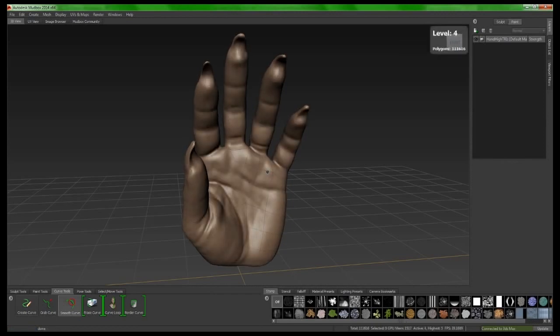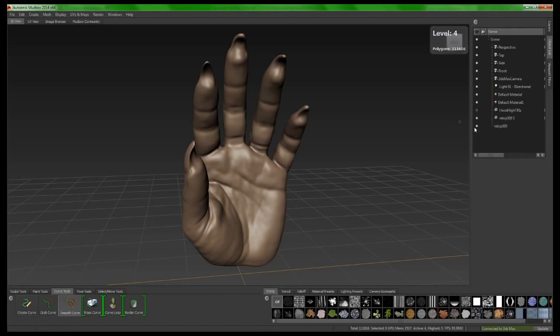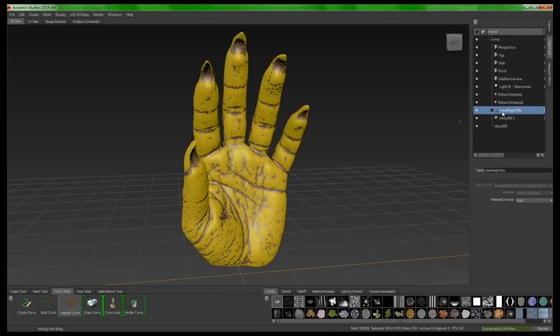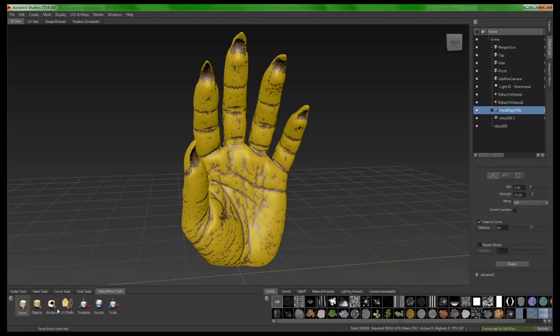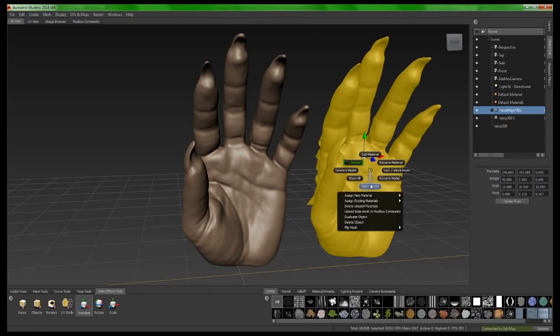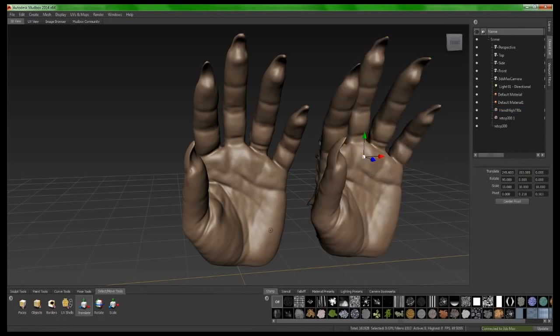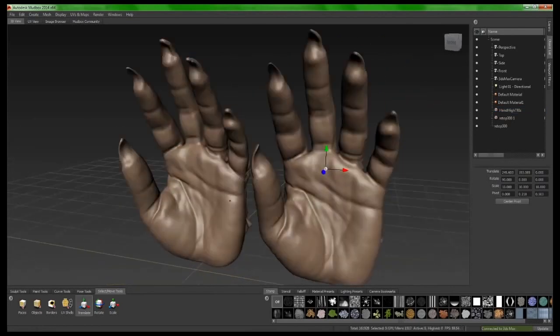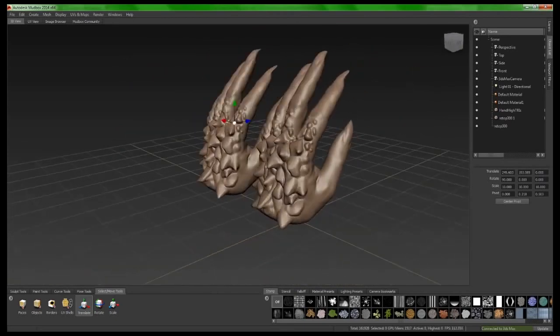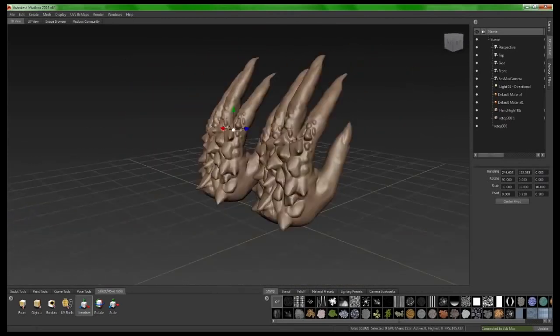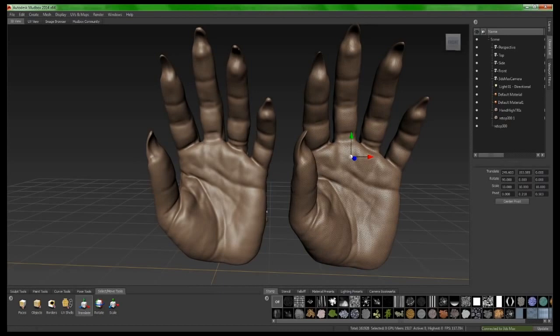But one thing I'll show you, if I turn off the wireframe and go back and show the original, which was hidden, what I can do is just move this out of the way temporarily. Whoops, move this out of the way. I'm going to deselect that model and show you the before and after. It is extremely accurate and very, very close to what the original was. In fact, it's hard to tell. If I turn on the wireframe, now you can see this one on the right is the original,